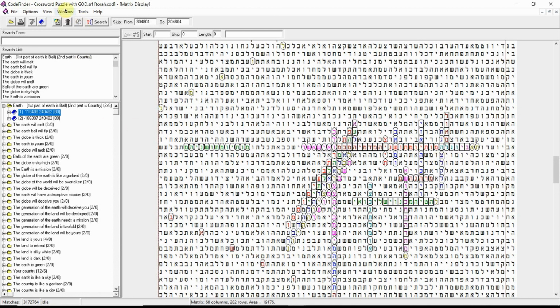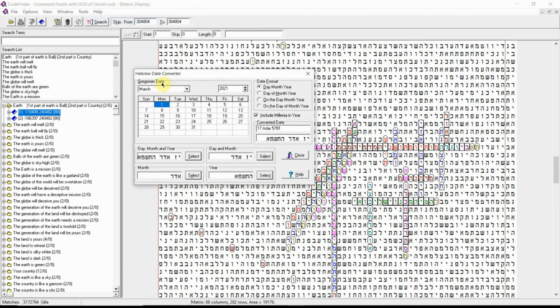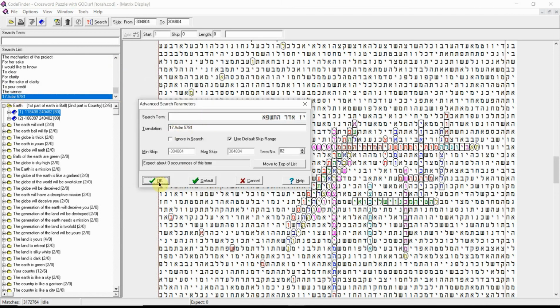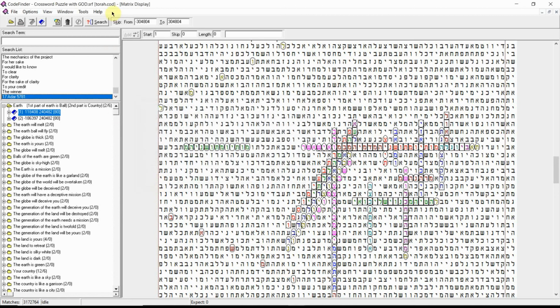That's pretty much it. There are other features in here. There's a calendar, so you can go and put in today's date, and you can say select, and then say select, and then close, and then that will show up down here at the bottom as a Hebrew date. And you can say OK and search. Now I haven't done this today to see if it shows up on my crossword puzzle.